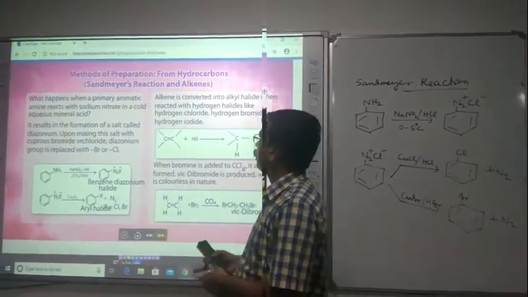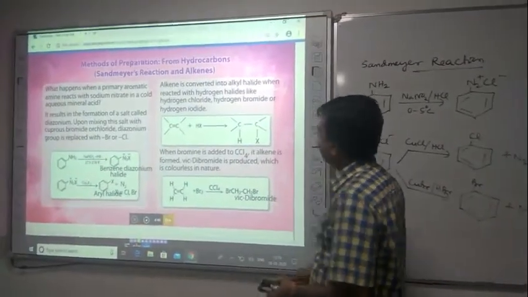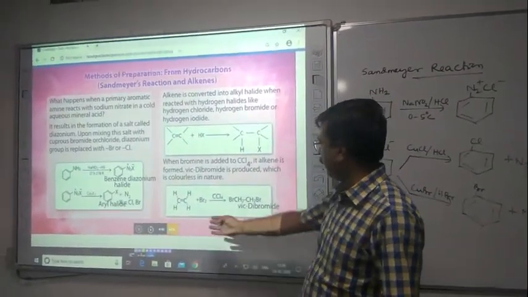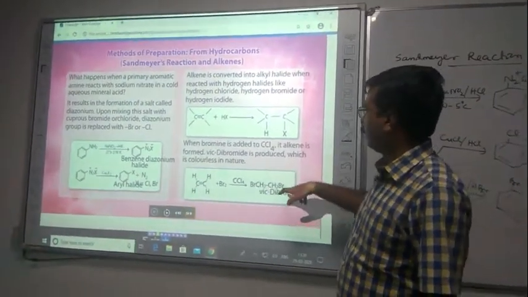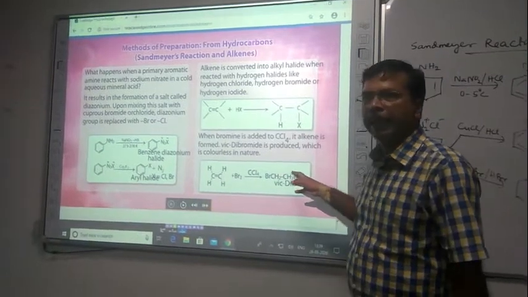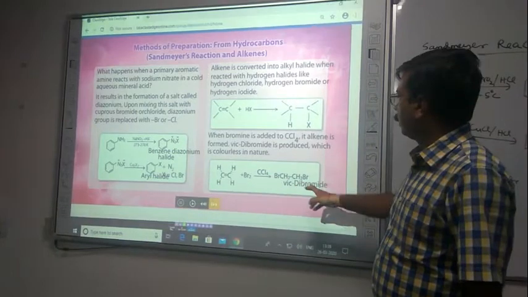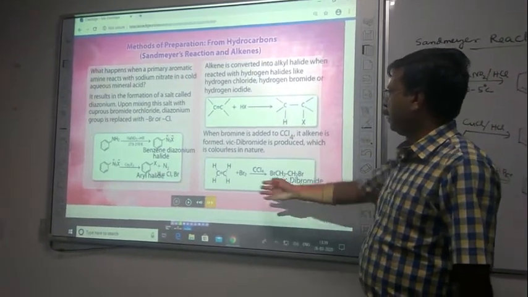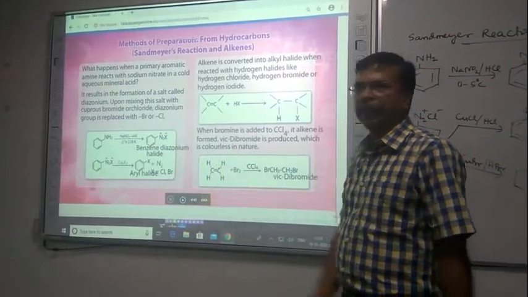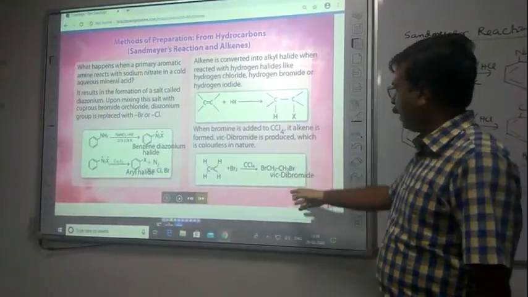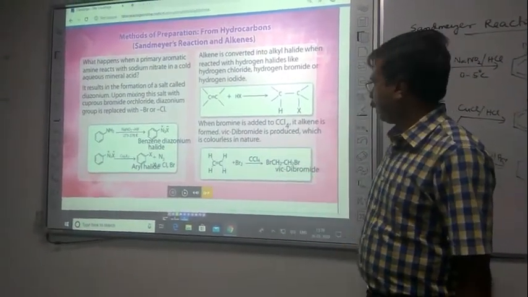From alkene, next we will go to the preparation of the alkyl halide starting from alkene. And this is a very simple thing, and you can see here, ethene plus bromine we get vicinal dibromide, 1,2-dibromoethane. So a dihalo alkane we can get starting from ethene plus bromine, CCl4, so 1,2-dibromoethane. And this is also the test for unsaturation. When we add bromine water or bromine to the alkene, we get a vicinal dibromide and the reddish brown color of bromine disappears. So this is also a test for unsaturation.